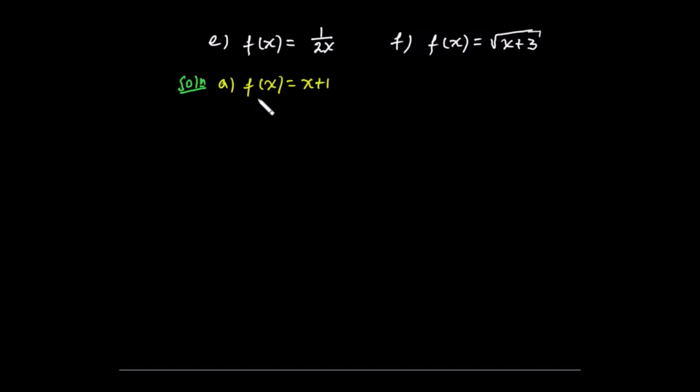እሺ እንግዲህ ተማሪዎች የመጀመሪያው a) f(x) = x + 1። አሁን ዶሜን ለማፈለግ ለx ምን ከሴት ኦፍ ሪል ነምበርስ ውስጥ ምንድነው መስጠት የሚቻለው? መስጠት የማይቻል ቁጥር አለ ወይ? ለምሳሌ ፖዚቲቭ ቁጥር ለx ብንወስድ defined ነው ወይ? ዜሮ ብንወስድ defined ነው ወይ? ኔጌቲቭ ቁጥር ብንወስድ defined ነው ወይ? ስለዚህ x can take any value። ማንኛውንም ቁጥር ብታስገቡ we can find f(x) or y ማለት ነው፤ in other words f(x) represents y ስለዚህ y-ን ማግኘት እንችላለን።